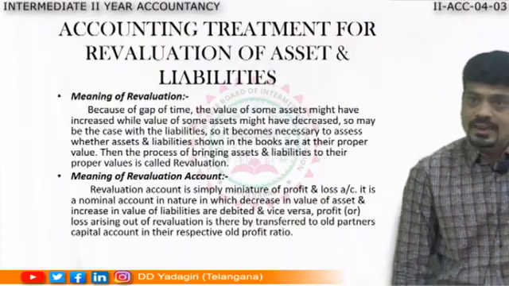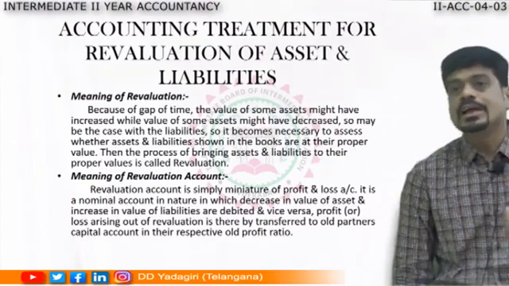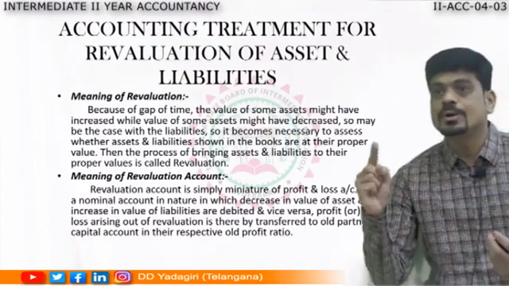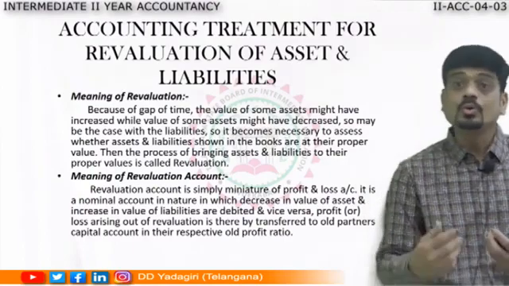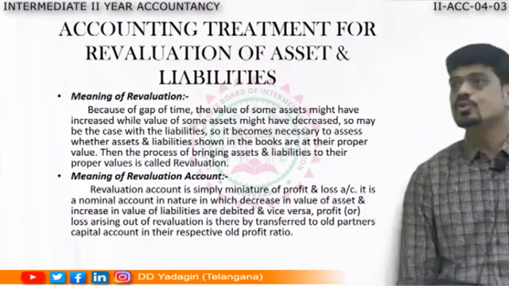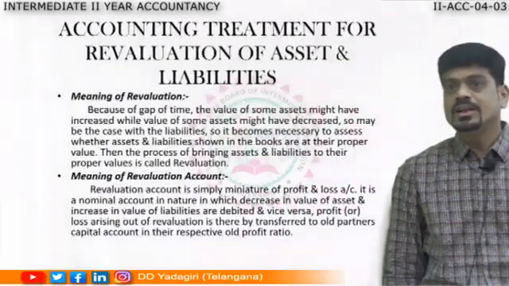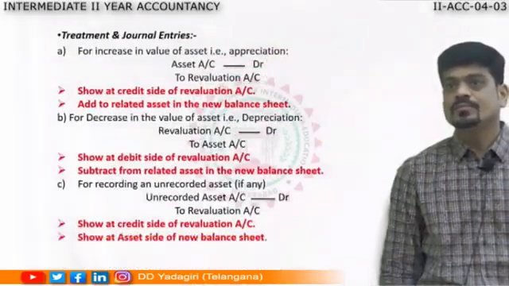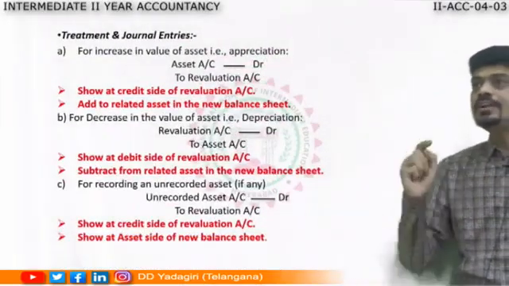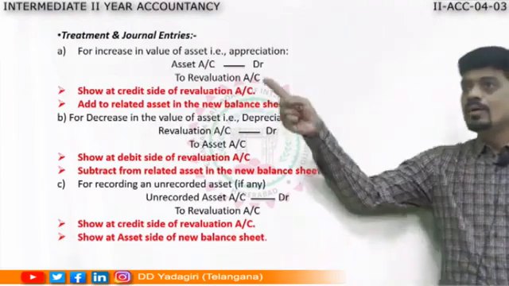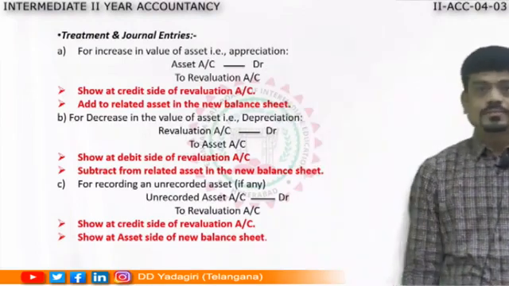Like that, if the debit side total is more, we'll get a loss. That will be distributed among partners. Now how to do so? I'll show with journal entries. So here are the journal entries for you all, with the effects. What are the journal entries?